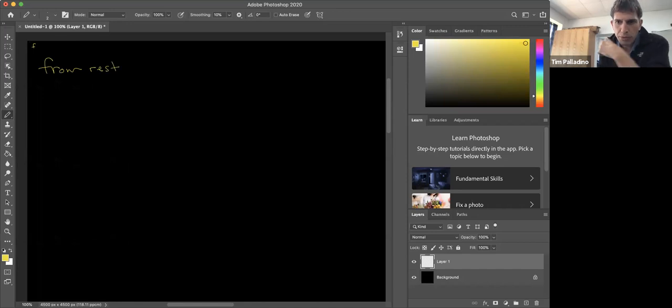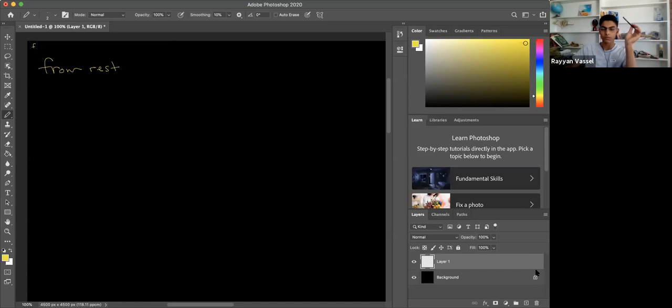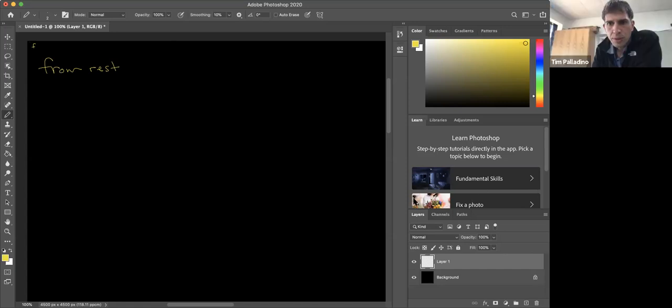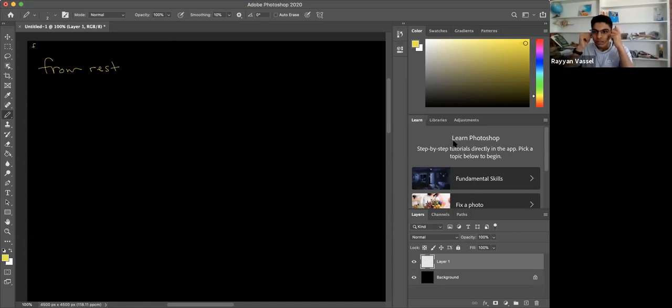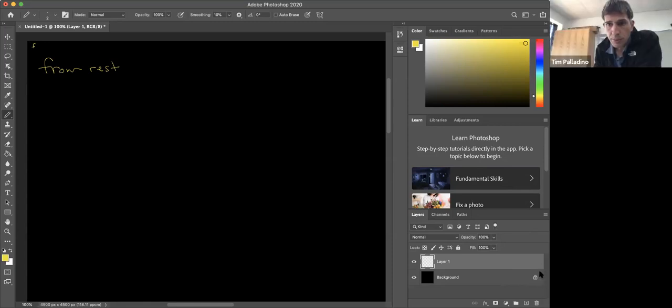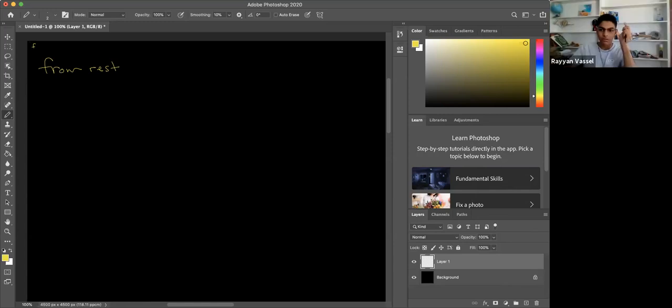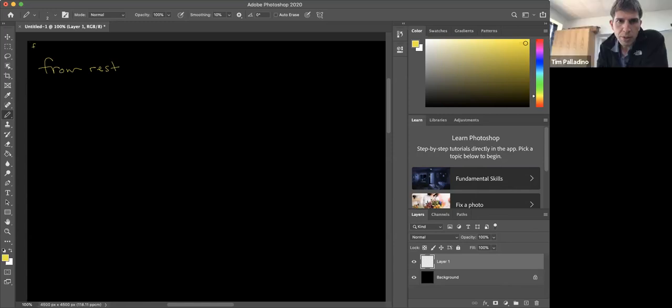And what do you guys think it means for an object to accelerate, to speed up from rest? How fast do you think it's moving when it starts? Yeah, go ahead. So if you say from rest, that means it's starting from zero, from nothing, and it wants to accelerate to a certain point. Very good. Yeah, very good. So whenever you see from rest, it means that the velocity,